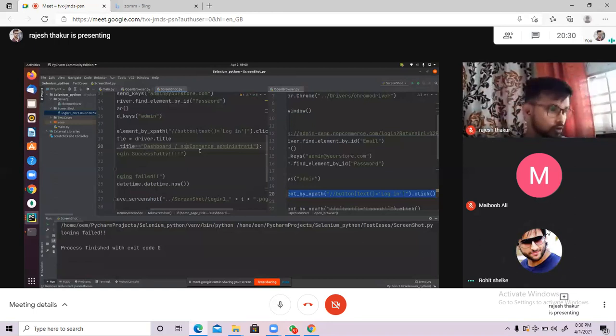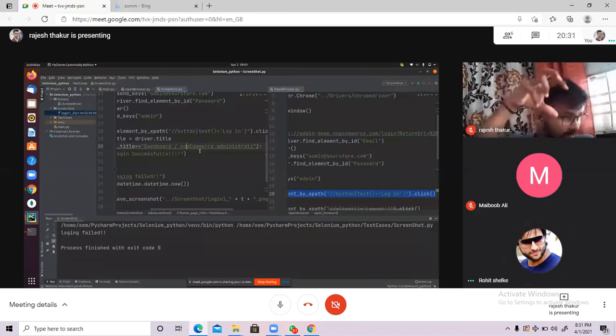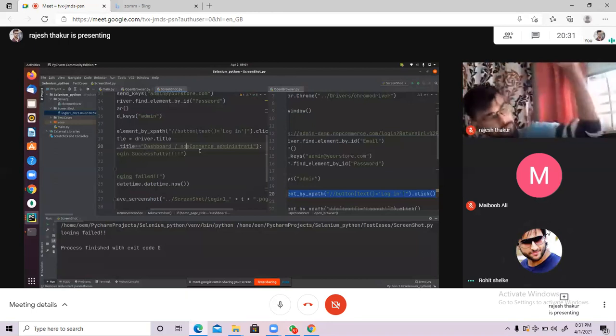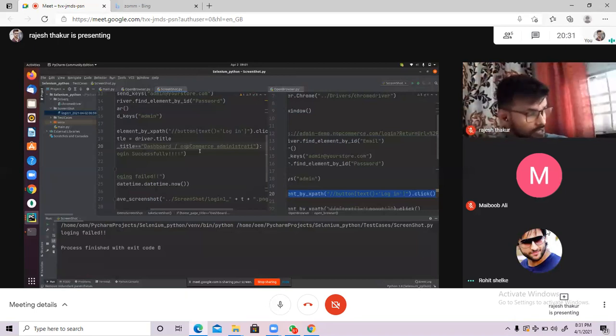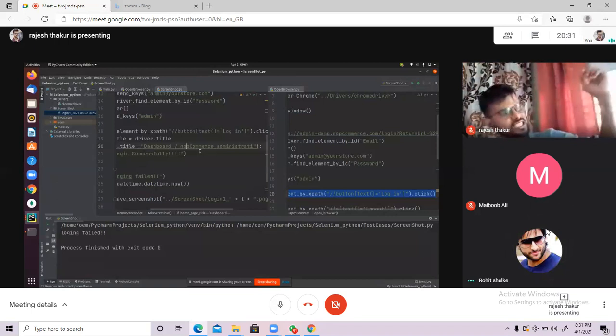Let's suppose tomorrow I need to change something in my microservices, and that affects my existing flow, right? So again I have to retest the complete microservices. It will take again 1 or 2 days to test the complete microservices. So in order to overcome this kind of problem, we are going to apply some assertions on each and every point.